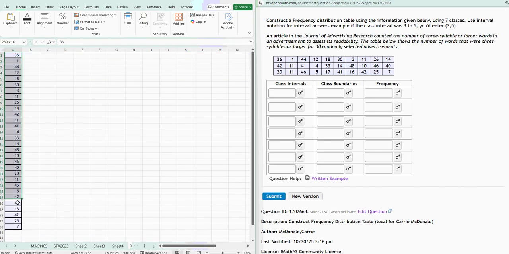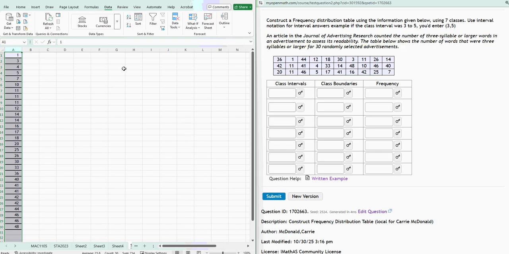So there's my data, and you can see that I have 30 pieces of data there because it starts in row 1 and goes to row 30. All right, now I'm going to click on the cell and go to the data and sort. Okay, so now that it's sorted A to Z, or in ascending order,